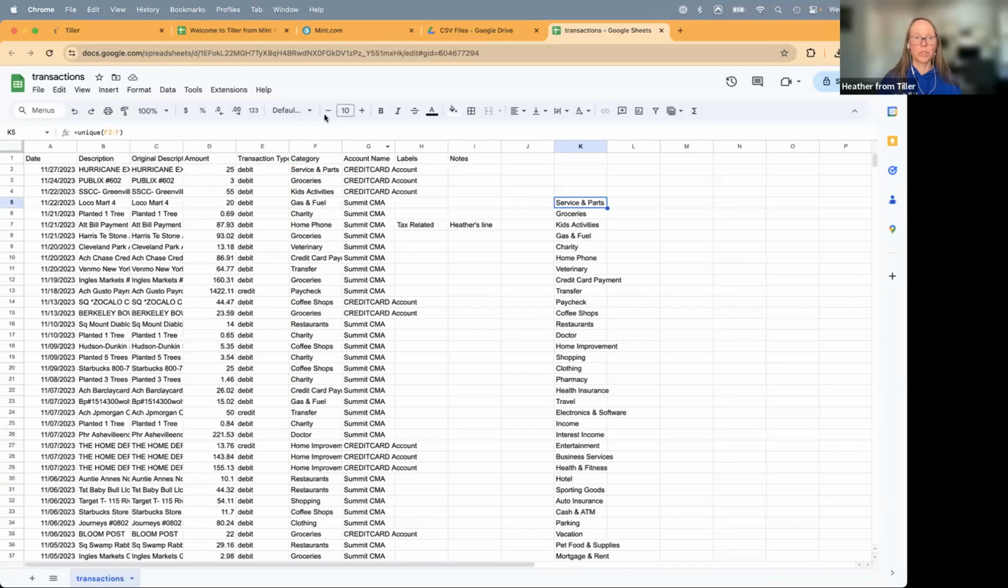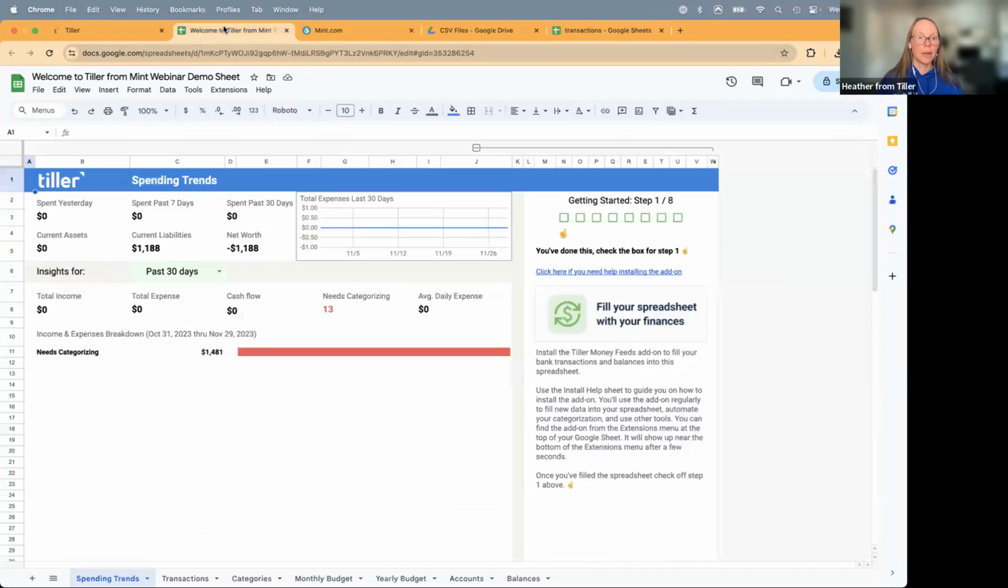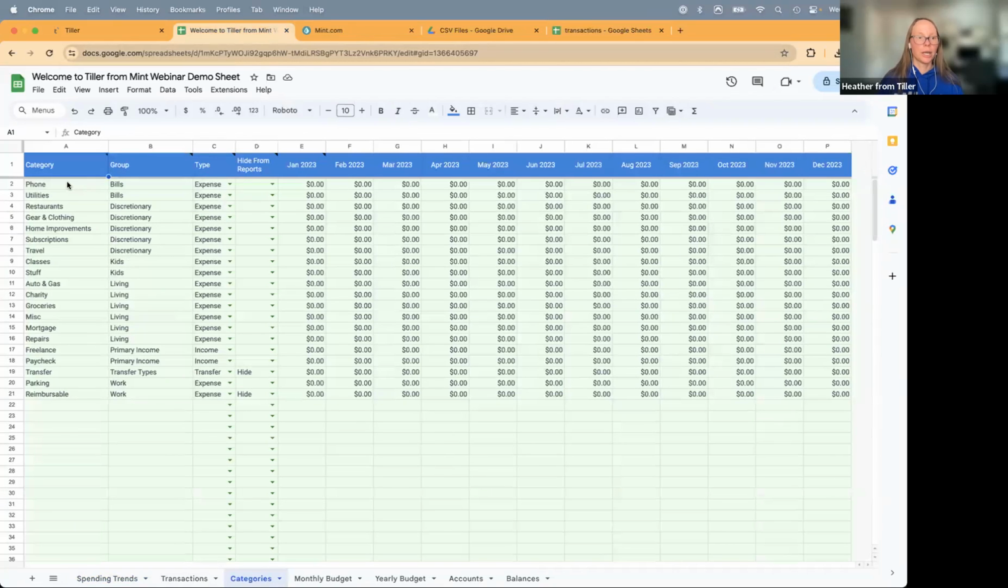my Tiller sheet. So before I copy that and paste it over, in my Tiller Foundation Template, I'm going to go into the category sheet here, and I'm just going to select this first cell. These are all our example categories, which you're totally free to just use and fill your data in and start categorizing using these categories and skip all these steps of pulling the Mint data over or pulling the categories over. It's really up to you, but I like to demo that